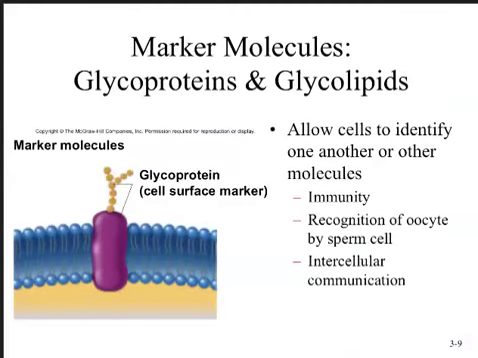Glycoproteins and glycolipids allow the cell to identify itself as belonging to that particular organism. They serve a very important role in immunity. They also allow the recognition of the sperm and egg cell when they fuse in the act of fertilization. These glycoproteins and glycolipids are a very important component in that particular phenomenon, and they're also vital in intercellular communication